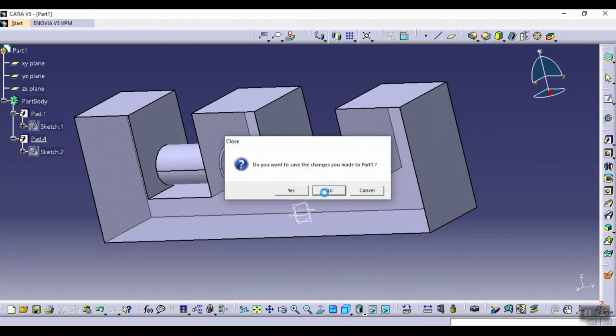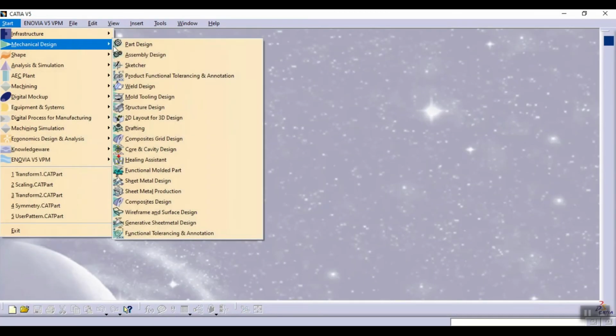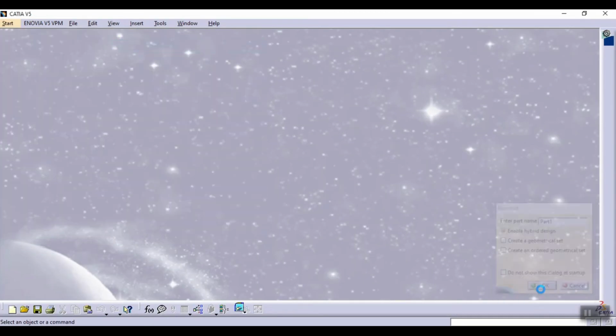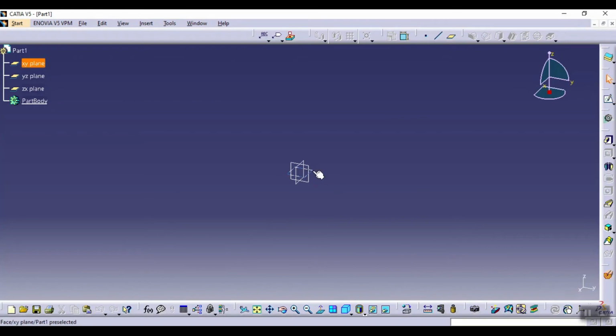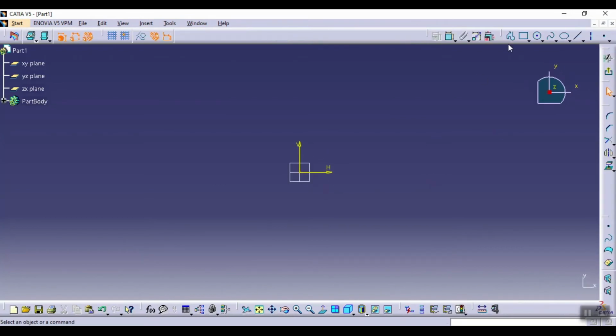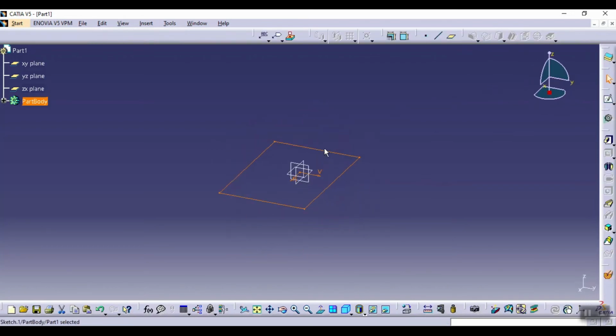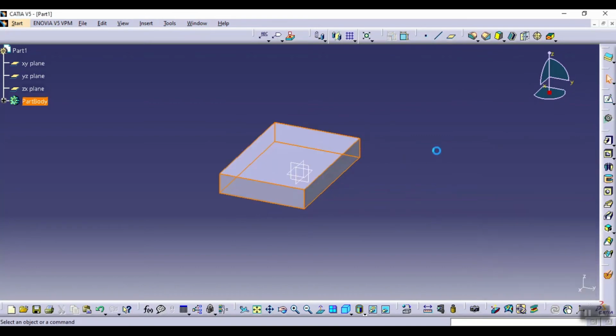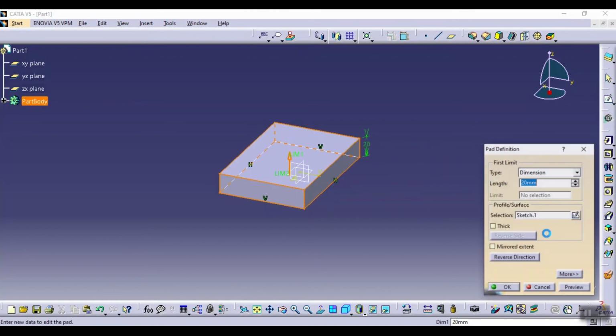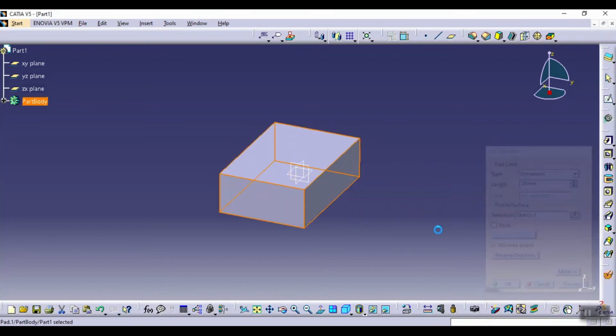So let's choose another part. Okay, so I'm using this one here, and can extrude it using this mirror extent.